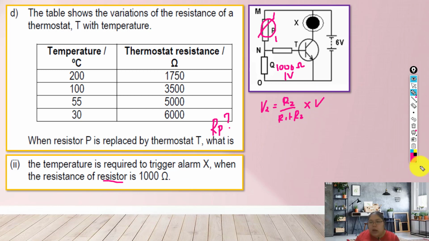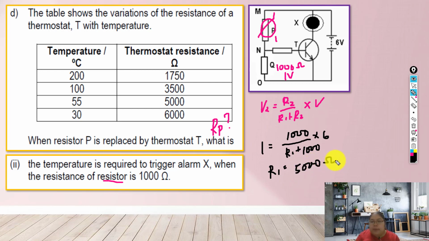Okay, now we know the R2 at least is 1 volt. You want to trigger the alarm, at least 1 volt. So R2 is 1000. R1 we don't know. Then this one is 1000, then you multiply with the 6. So from here we get the answer. It's straightforward, do the calculation, you can get the answer. R1 is 5000